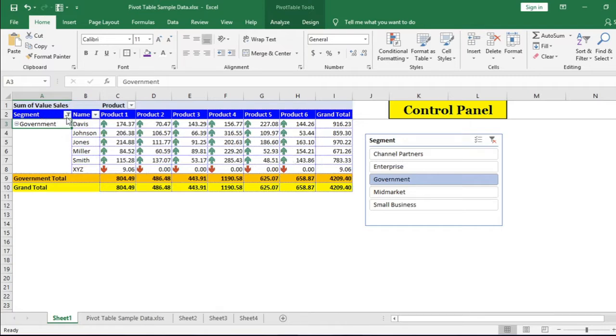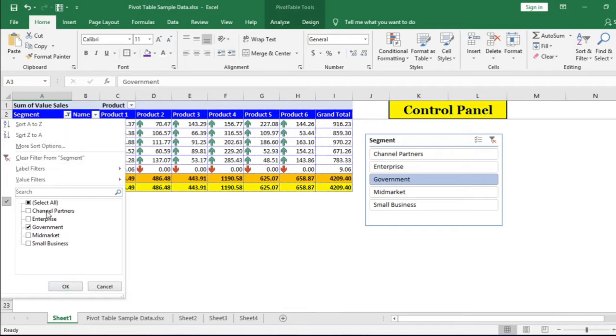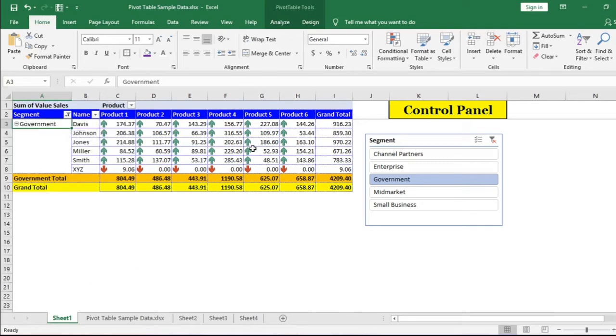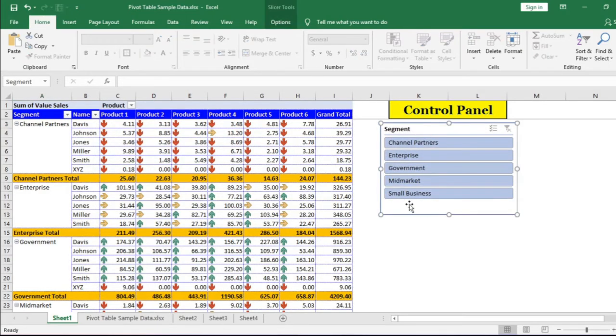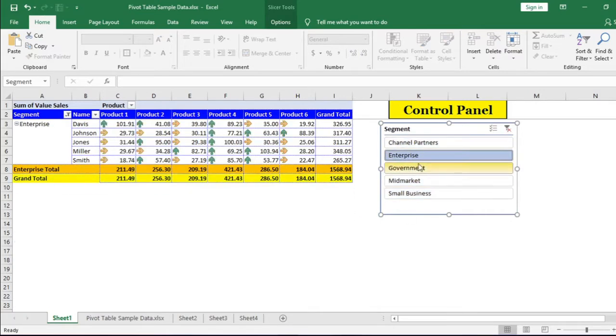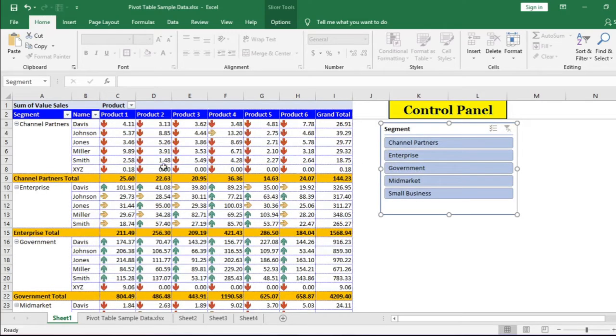Let us check this drop down list. It is showing something is selected from the entire list. Click on this button. You will note government segment is selected and the rest are deselected. Therefore, it is very easy to understand that slicers are acting like filters and it is very easy to handle. If you need to display all the segments, then click on this clear filter button. All the buttons will be selected again.